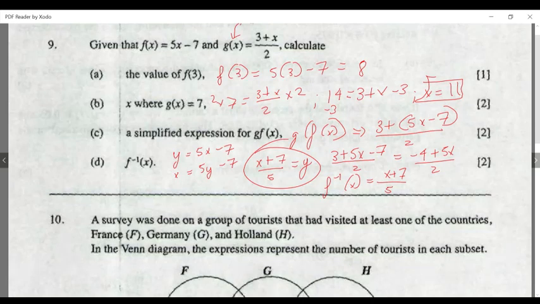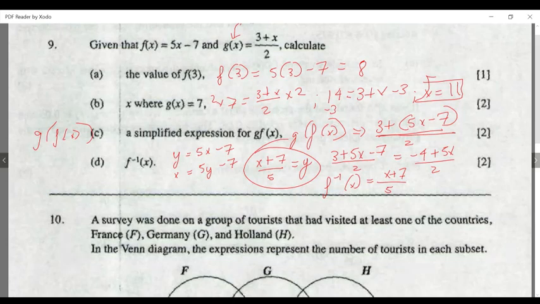Find a simplified expression for g of f of x. I think this is not written very well, but basically it's a compound function where first you need to take f of x, and then f of x will become your new x in g of x. So I wrote it as g of f of x. So everywhere where x is, I just put f of x in. So it becomes 3 plus, and then f of x is 5x minus 7, divided by 2. And then to simplify,